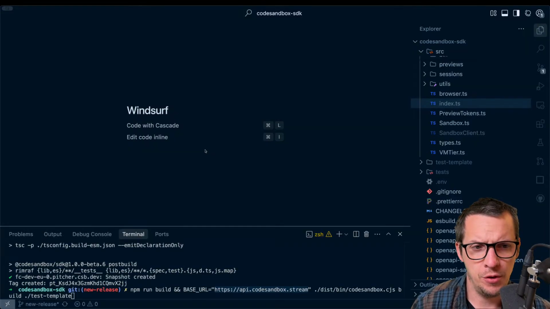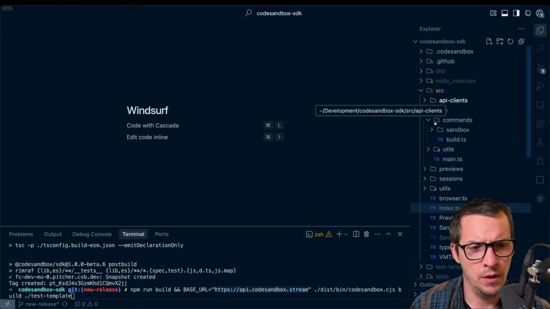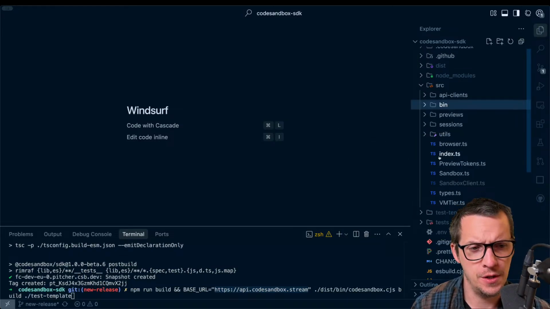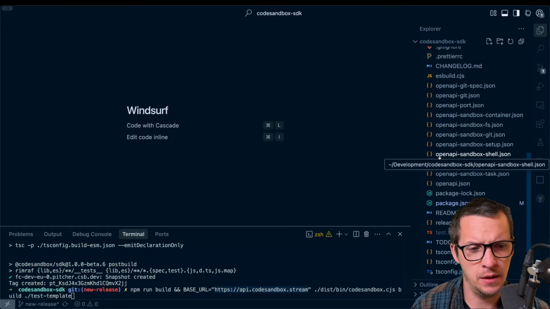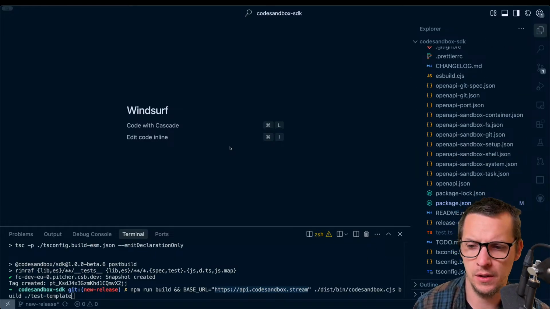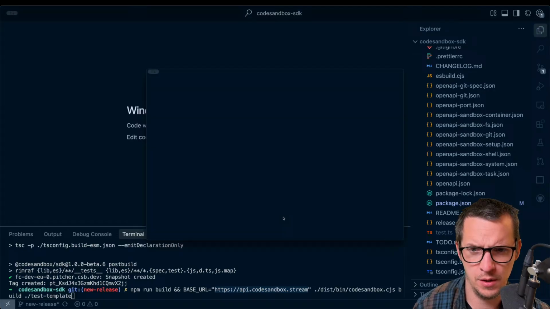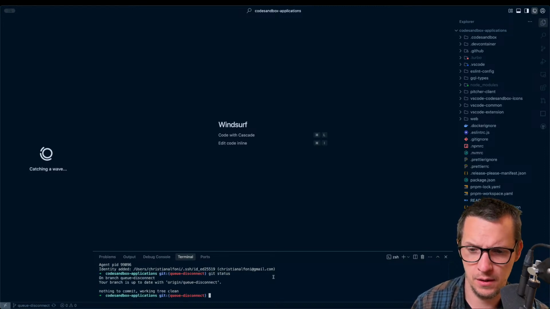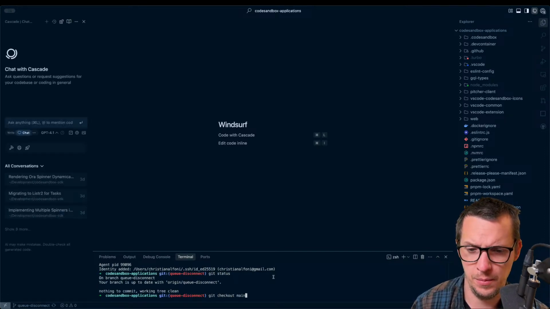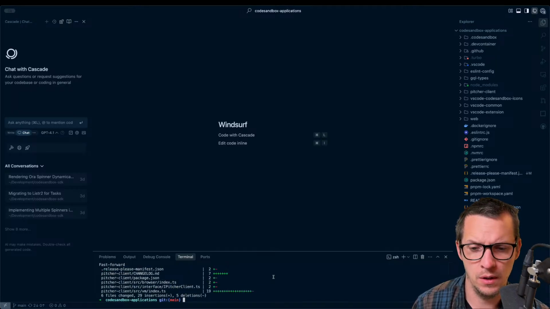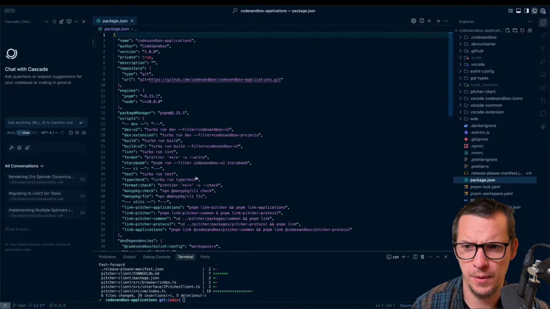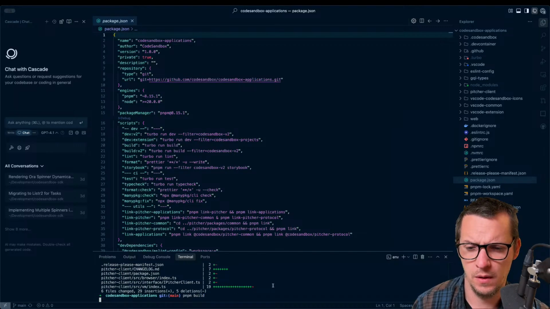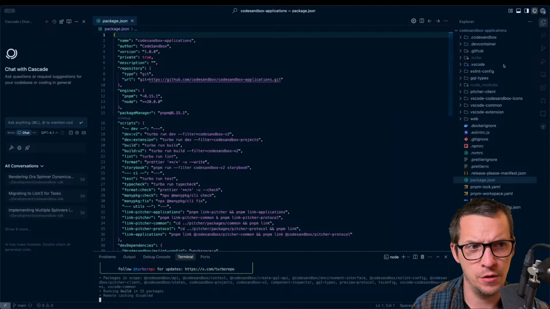I thought we could just review if there's anything else we want to do first. One thing we have to do is, let's see, no. We need to publish the new thingy. Git status, git checkout main, git pull, and how do we build here? npm build. So we need to publish a new version of,